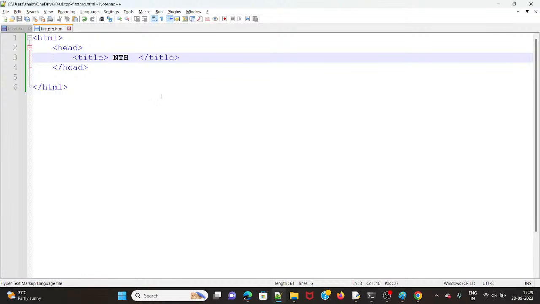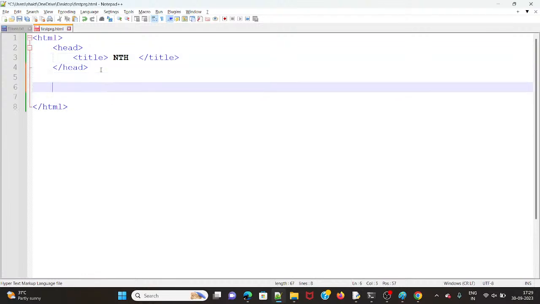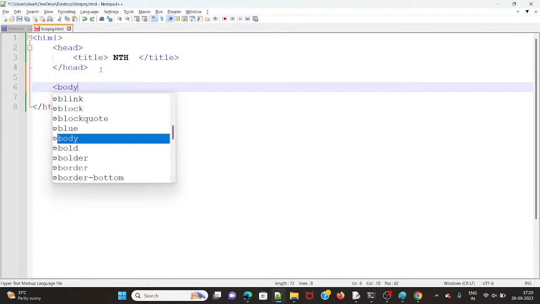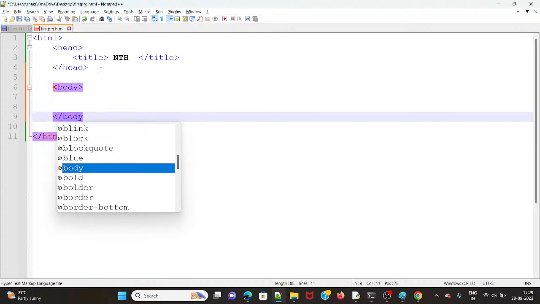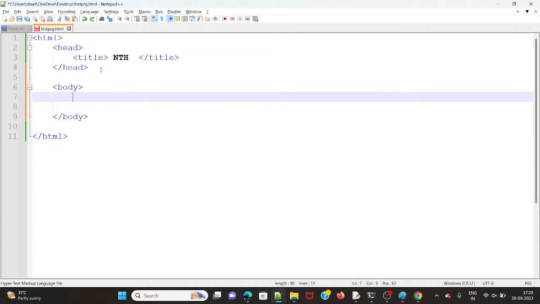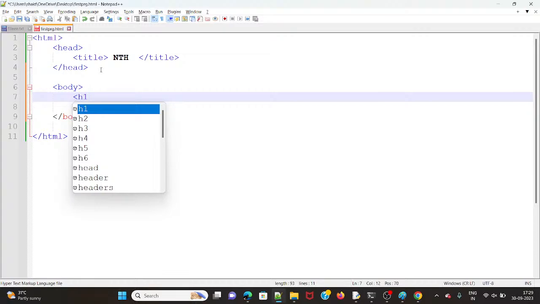Okay, now coming to the body. I take the body tag here, all of you. I'll take the opening body and then take the closing body also. Then I will take the header tags, guys. First H1, right? I'll show you the difference between H1